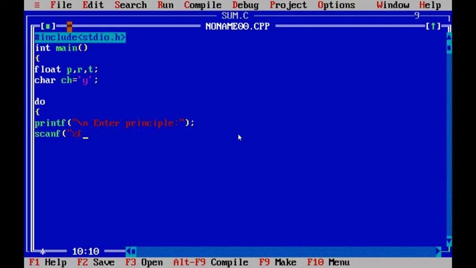We declared floating point variables, comma ampersand p to store that variable. In that variable, printf, \n, enter rate to enter the rate of interest, double quote semicolon. Here we typed extra parenthesis.